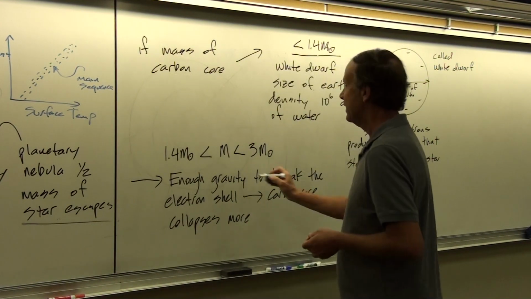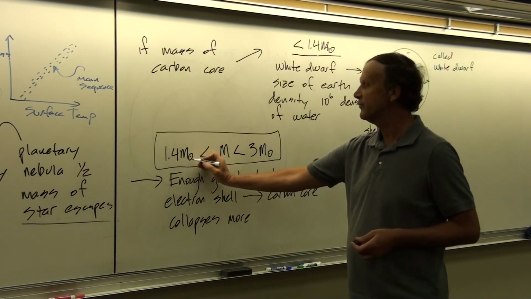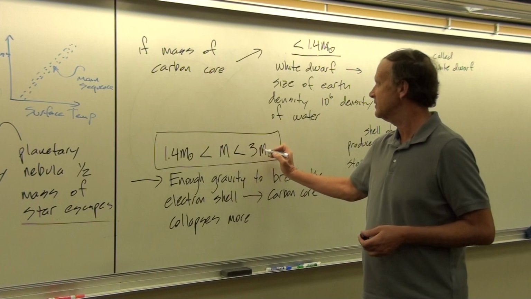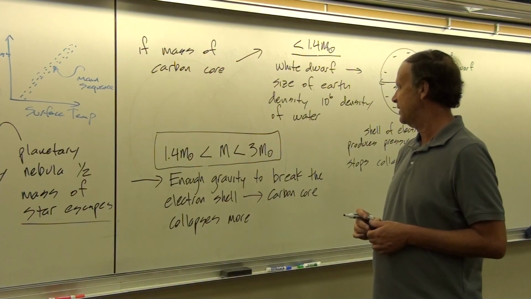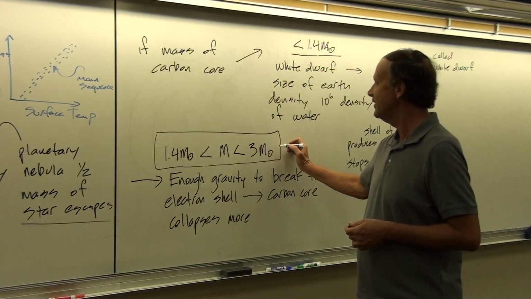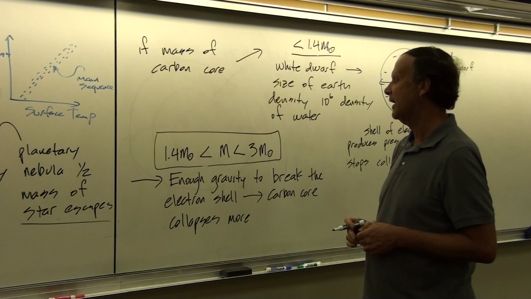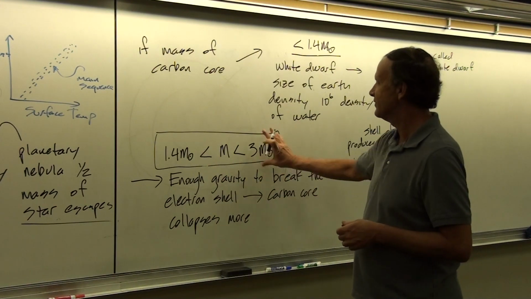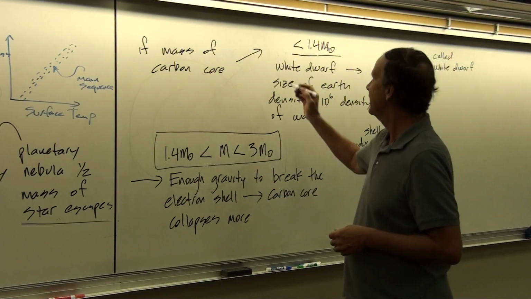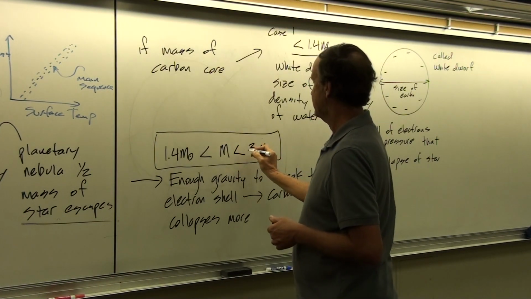But only if the mass of the carbon core is in this range from 1.4 times the mass of the sun to about 3 times the mass of the sun. Okay. And so what if it's greater than this? Well, then a lot of the things that I've talked about here will also apply. So we want to save this for also, call this case 1 if we want. We can call this case 2.